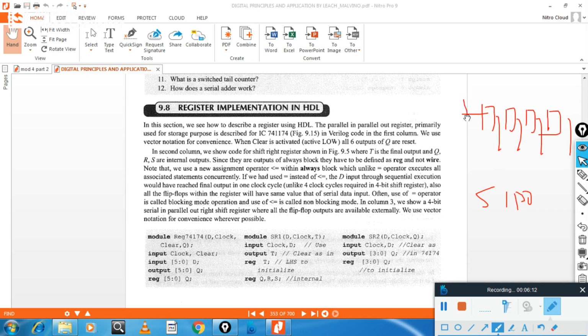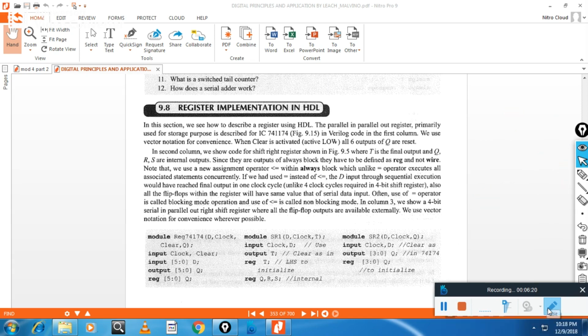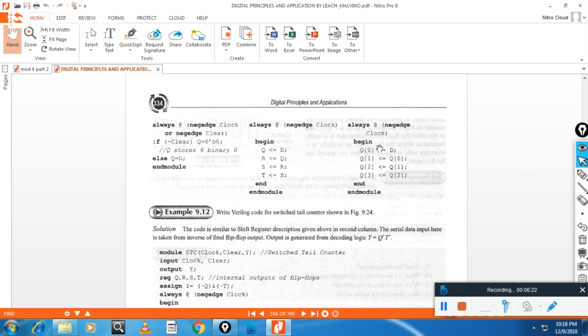The output, you can see, this is Q0, this is Q3. So now Q0 is D, Q1 is Q0, Q2 is Q1, Q3 is Q2, just like this only. But we are taking data in parallel here.